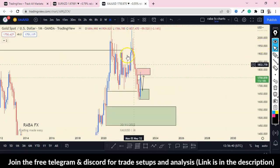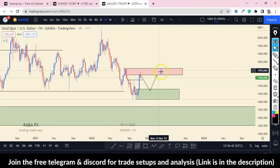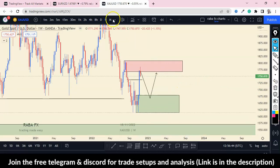So all you need to do is you trade your levels. When price gets to your level, you trade. So this is what we are expecting this coming week. A push down in gold price at least to this point. So on the daily